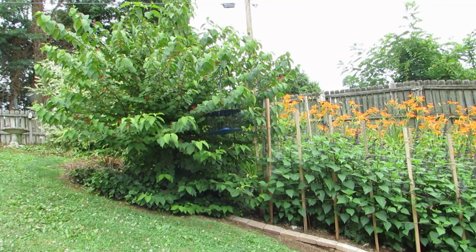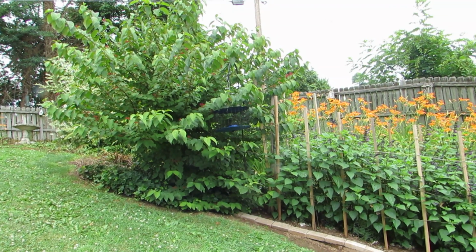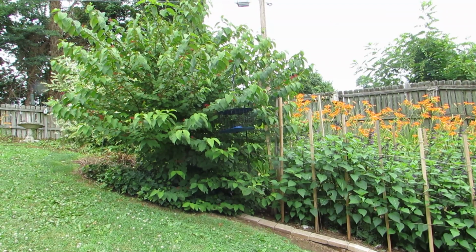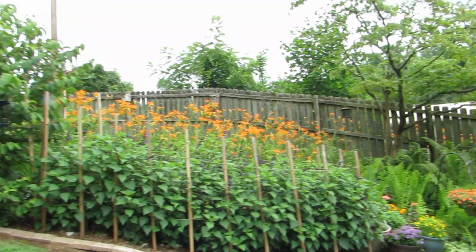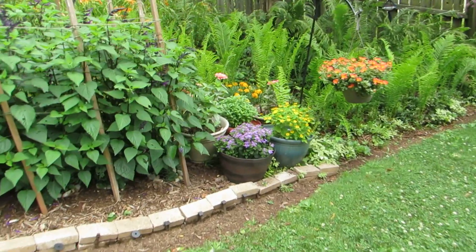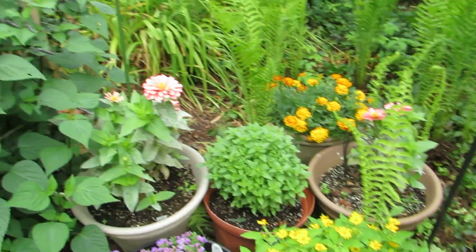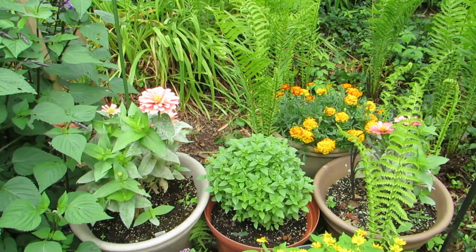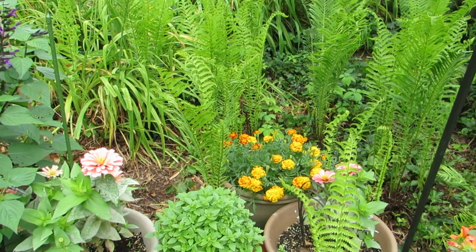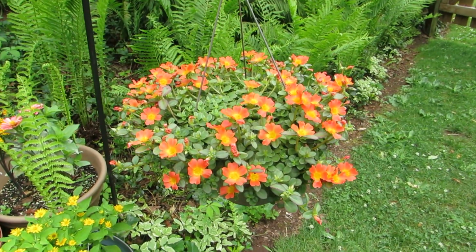And there's a large snowflake viburnum there. It had berries on that the birds were eating. Coming around here, you'll see there's some potted plants. I have an ageratum here. The zinnia, there's some globe basil. There's a marigold back there my sister gave me. And this is a